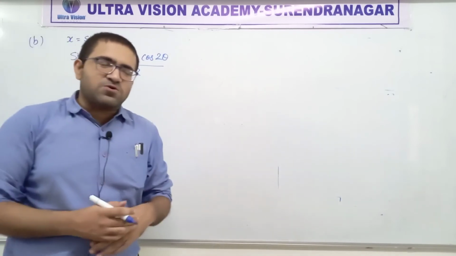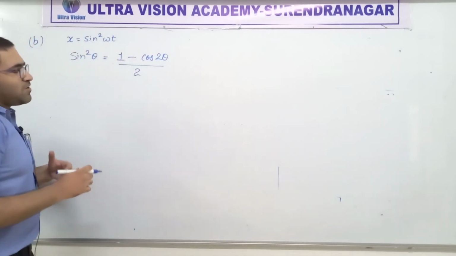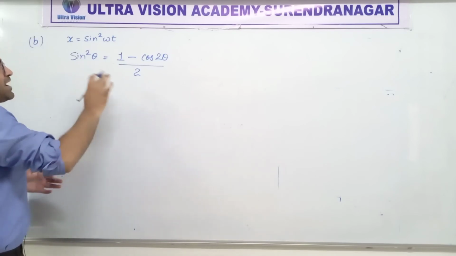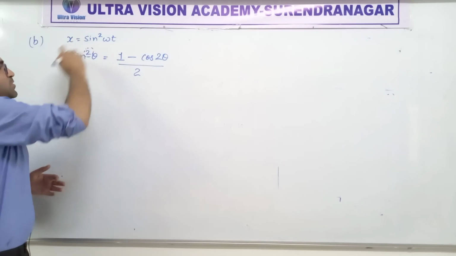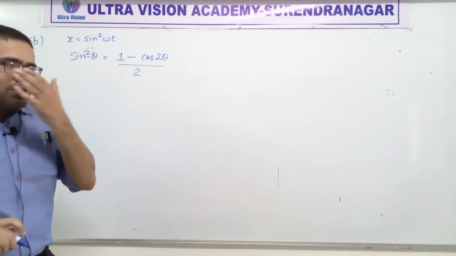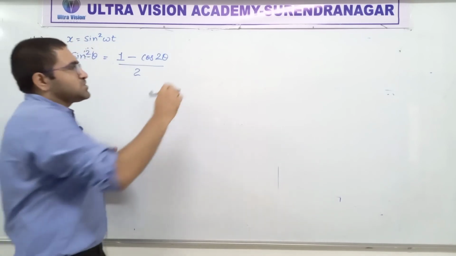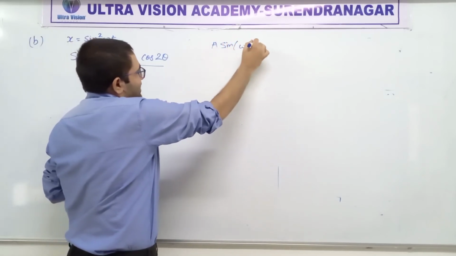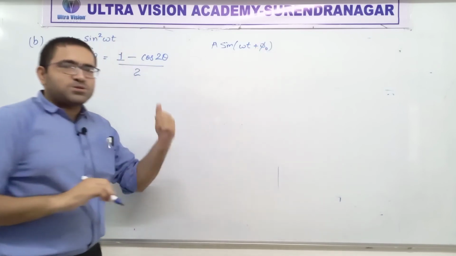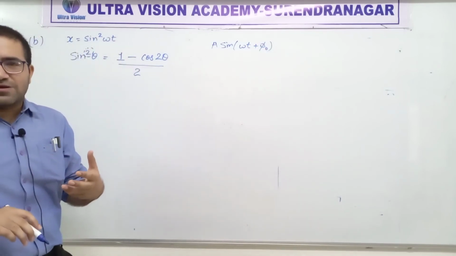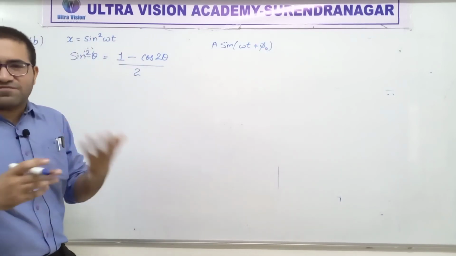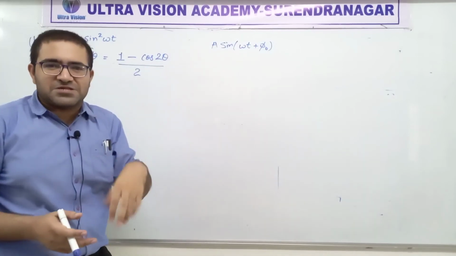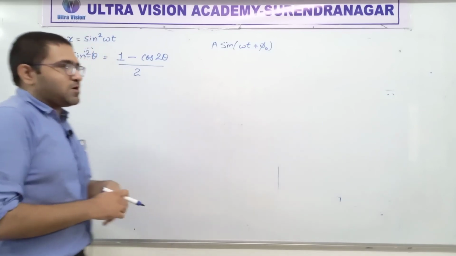Why are we doing this? What's the need to use this one? Or how does this formula help? Well, you see, it helps by taking away the square. What I mean to say is, we have seen so far that if it's supposed to be anything like SHM, then the equation should be of something of this type, right? It shouldn't have a square directly, because if it's a square, we can't really predict whether it's SHM. When the equation becomes like this, it's definitely SHM. If it's not like that, it's not SHM.